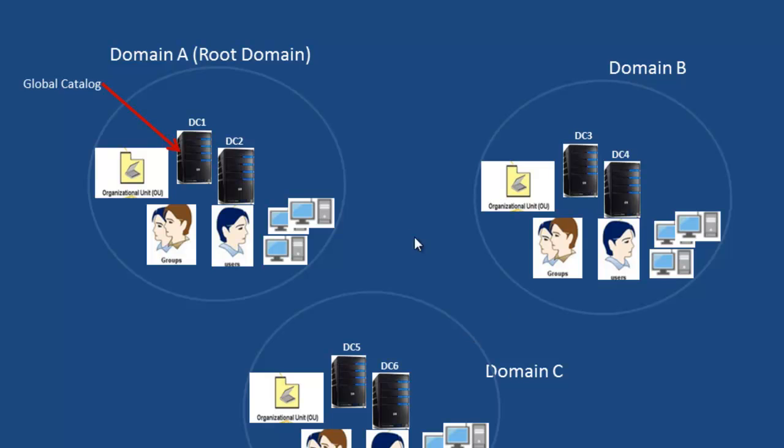Now, we need to bear in mind again that the global catalog server will be installed on the first domain controller within the domain. The other domain controllers can also be global catalog servers if we want them to, but that depends on your bandwidth within your organization, and it depends on whether or not you want to have traffic